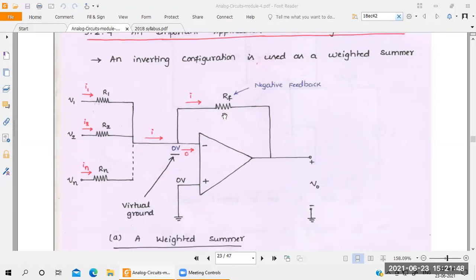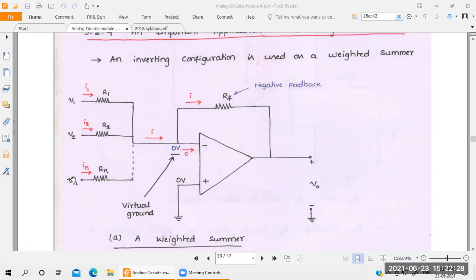So first you take the op amp here. This one is the inverting op amp application side. So for that you take an inverting op amp. In the inverting op amp, the positive is connected to ground. The negative sign is connected to where here? The input. On the input side they have taken three voltages V1, V2, V3, or up to Vn. Means you can take any number of inputs here. So this is an inverting amplifier. The negative is connected to the source here.